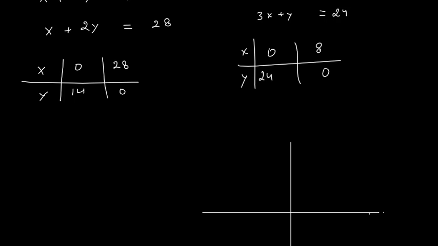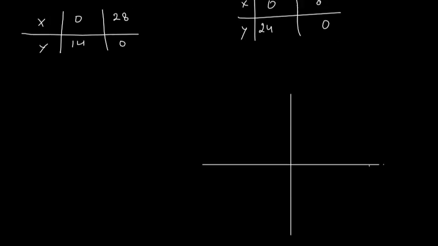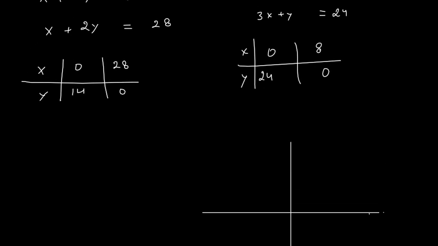So what to do? You can take 2, 4, 6 like that, or we can take 4. So here I am making points by considering 4, 8, 12, 16,